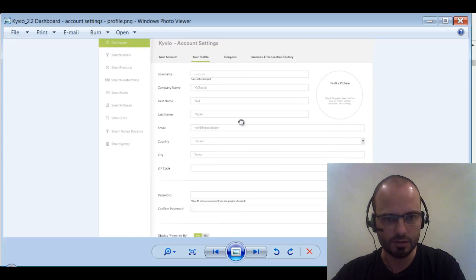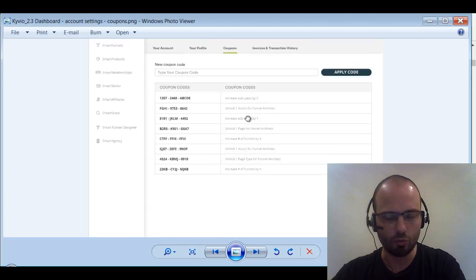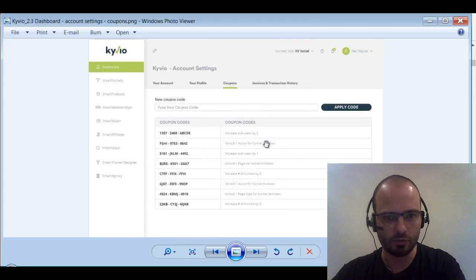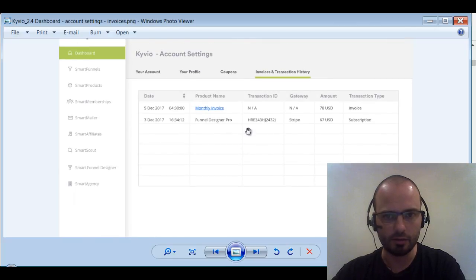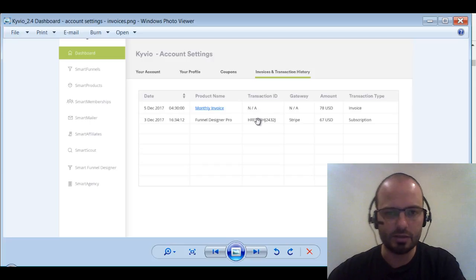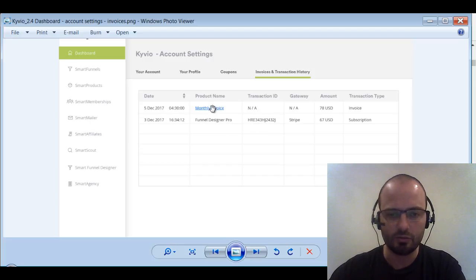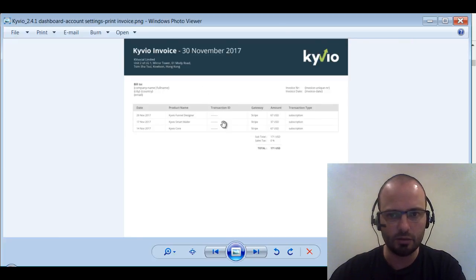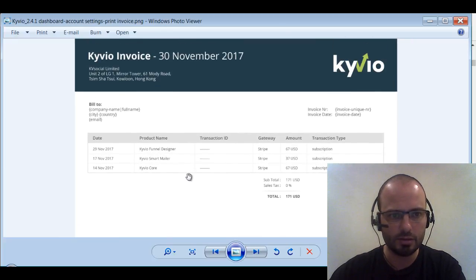Profile, that's more or less the same. And a new coupon manager feature, of course, that will be in a new design as well. And then all the invoices. Transaction history, and that will be a little bit more extensive than it is right now, so you can even print and download your invoices for your business needs. An invoice will look a little bit like this,